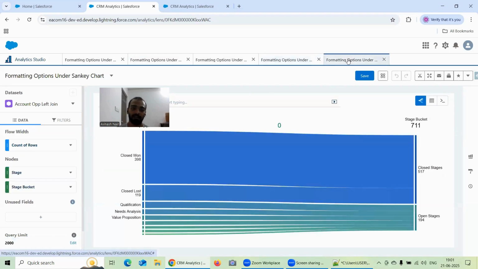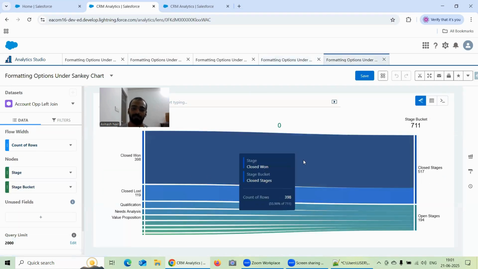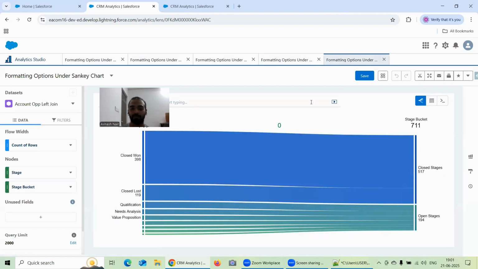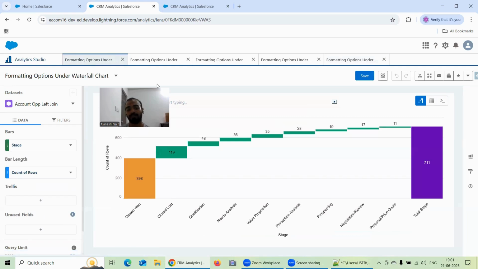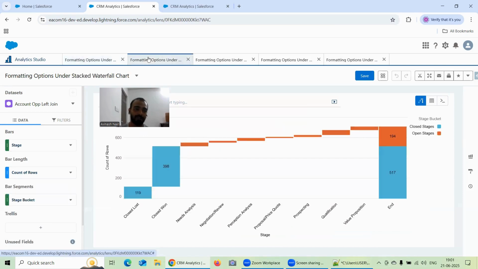And finally, you have the Sankey chart, which is more like a river, where one point flows like a river to another point. So that's the first difference, the minimum requirement. The second is about the visualization. Now the third aspect is under waterfall,